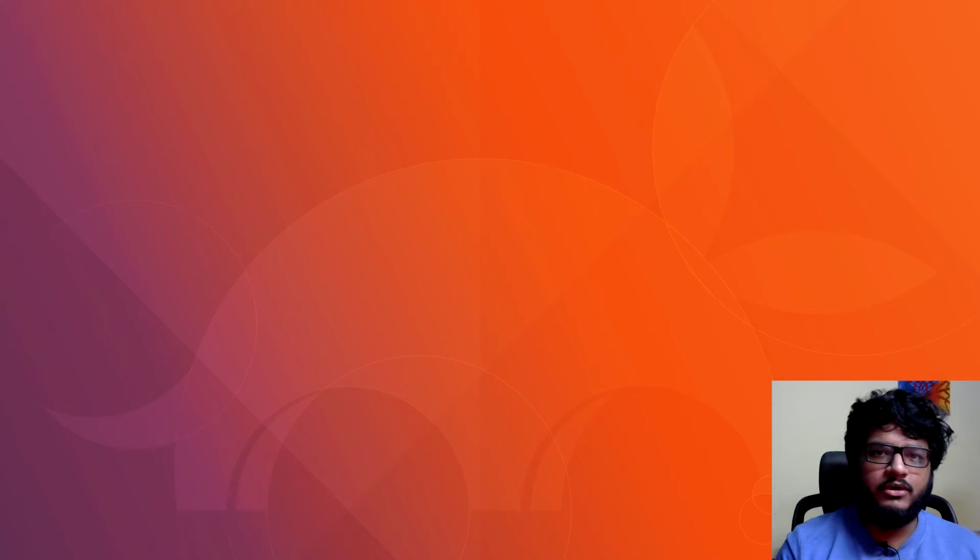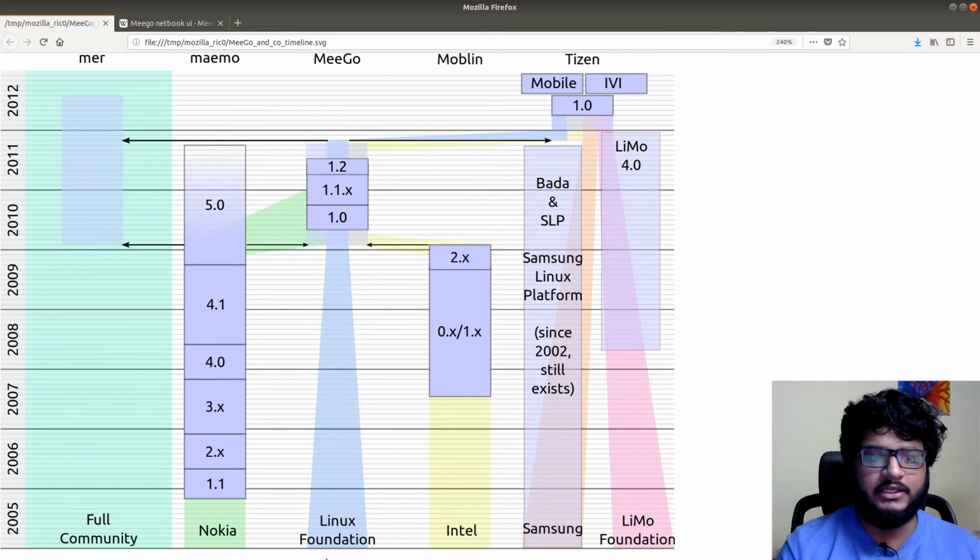So what I really want to talk about in this one is the rich history of Tizen OS and what actually led up to the creation of this particular operating system. I think nothing can better describe that other than this chart that we can find on Wikipedia. So I'll probably link it. It's on the Tizen OS's main page, so it's pretty easy to find. So the story starts with Nokia actually investing in another